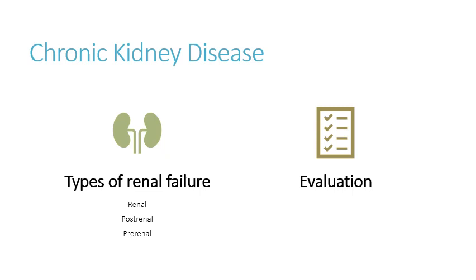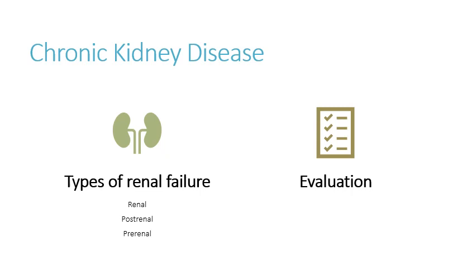Anything like anaphylaxis, even hypertension, renal artery stenosis, something like that, they all can cause pre-renal failure. So for evaluation, you want to evaluate the GFR. You also want to see how much albumin is slipping out into urine.